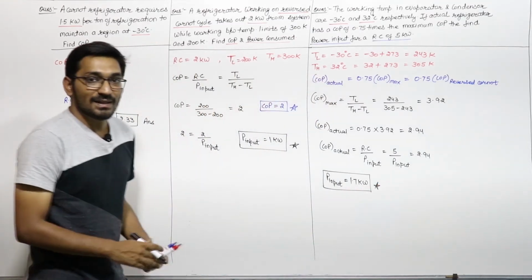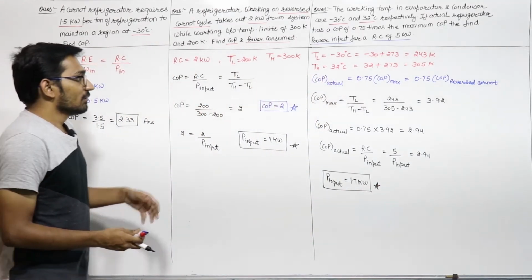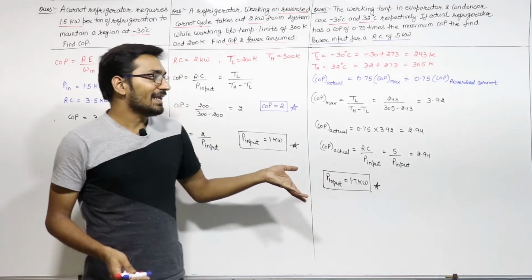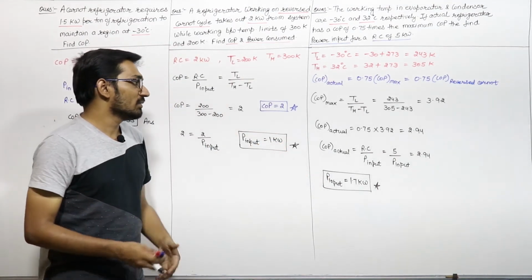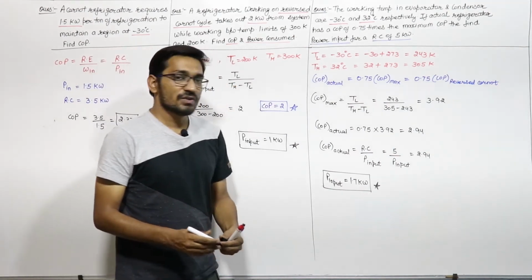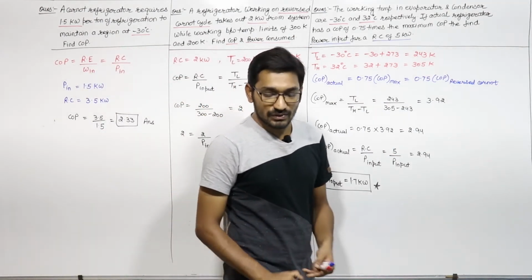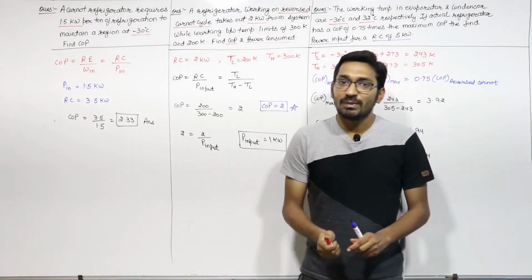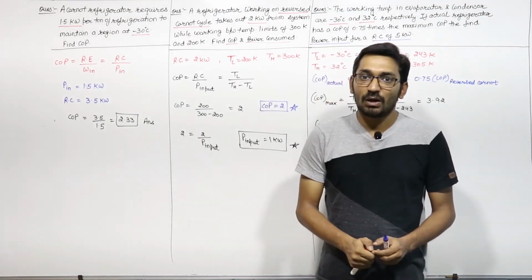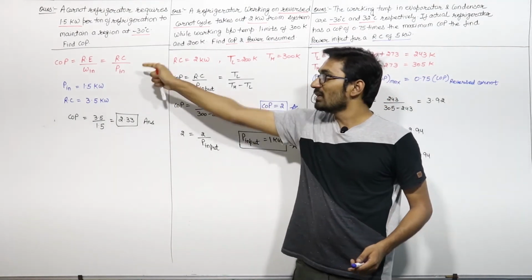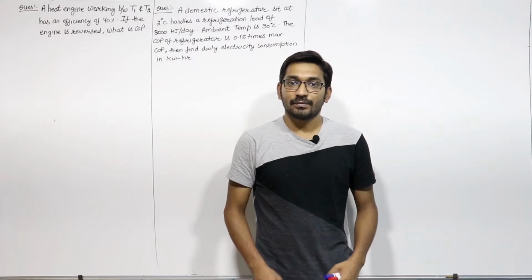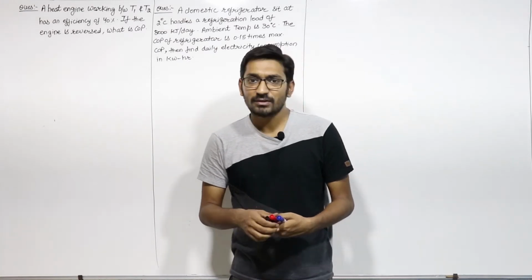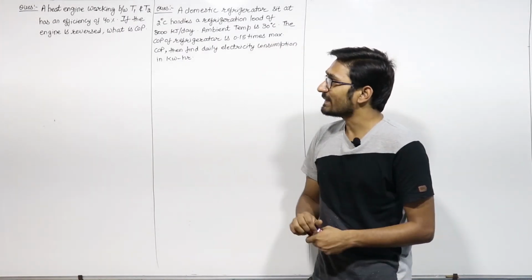Right, these are the basic 3 questions which we have to solve in GATE. A 1 mark question will ask like this, right? This is a direct question which we solve with the help of the COP formula of the reversed Carnot cycle, where COP is equal to refrigeration effect upon work input, or refrigeration capacity upon power input. Now let us solve some more numericals on your basic RAC.